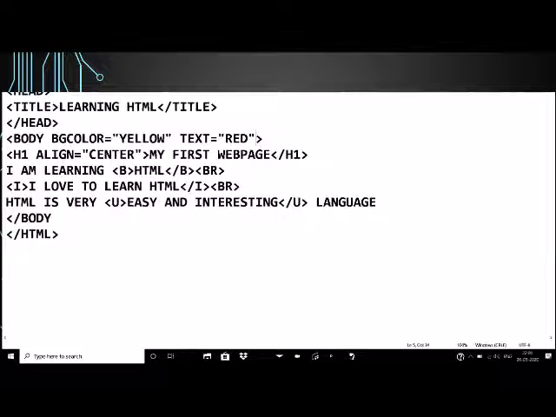These two attributes, which are used inside the body tag, are applied to the whole web page, because through the body tag the complete formatting of the complete web page can be done. So the bgcolor attribute will change the background color of the entire web page, and the text attribute will change the color of the entire text in the web page.